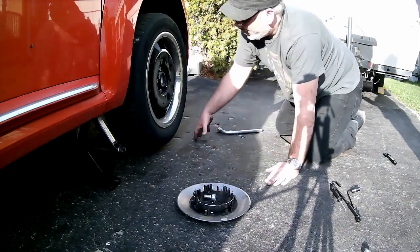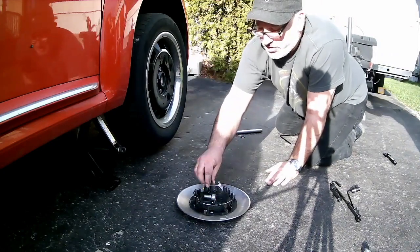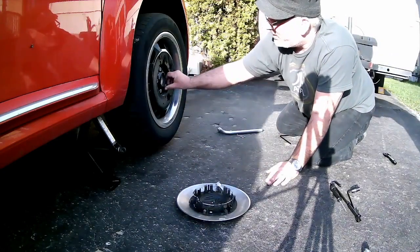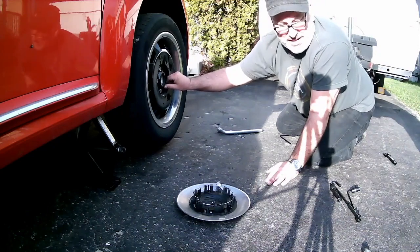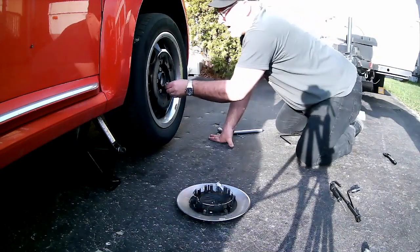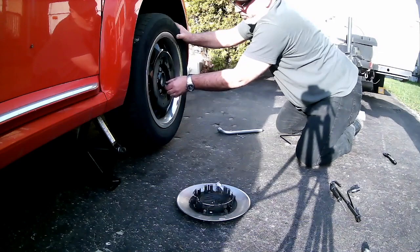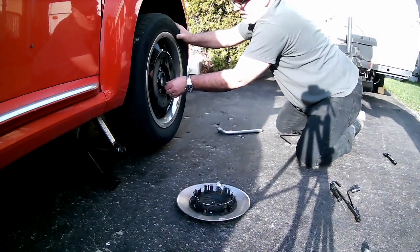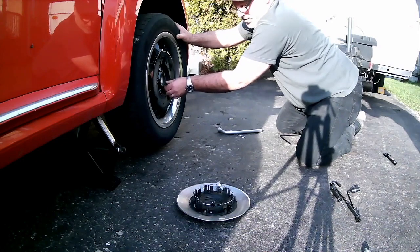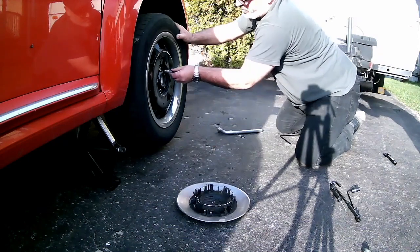If you're still having trouble, sometimes it just doesn't seem to want to work, just put a different lug bolt in that hole. Sometimes that makes the difference. If it still won't work, it's probably something to do with the angle you've got the tire at, and you can jog it, or you can even just take the whole thing off and start over again. Usually, however, and especially in the case of lug nuts where the studs are sticking through, they'll just thread in easily first time. So thread them all in,